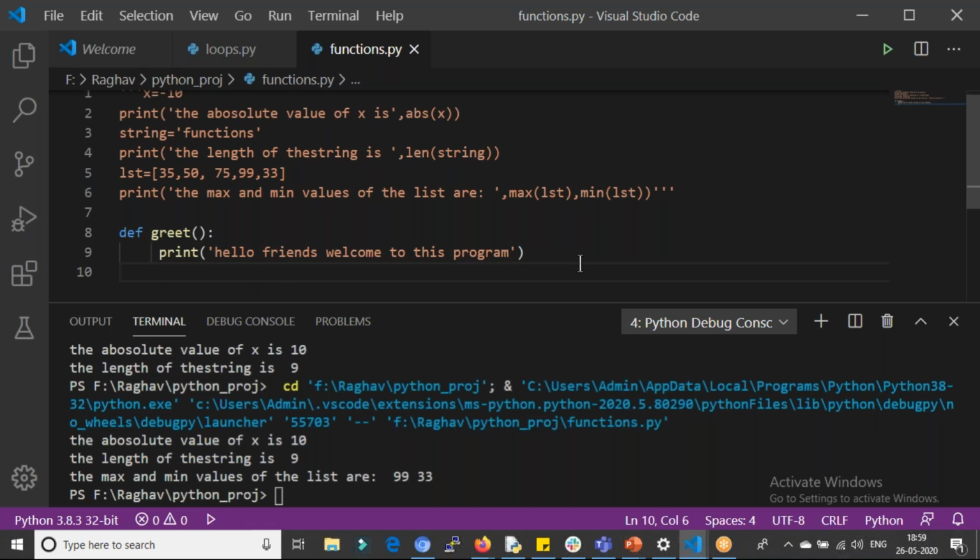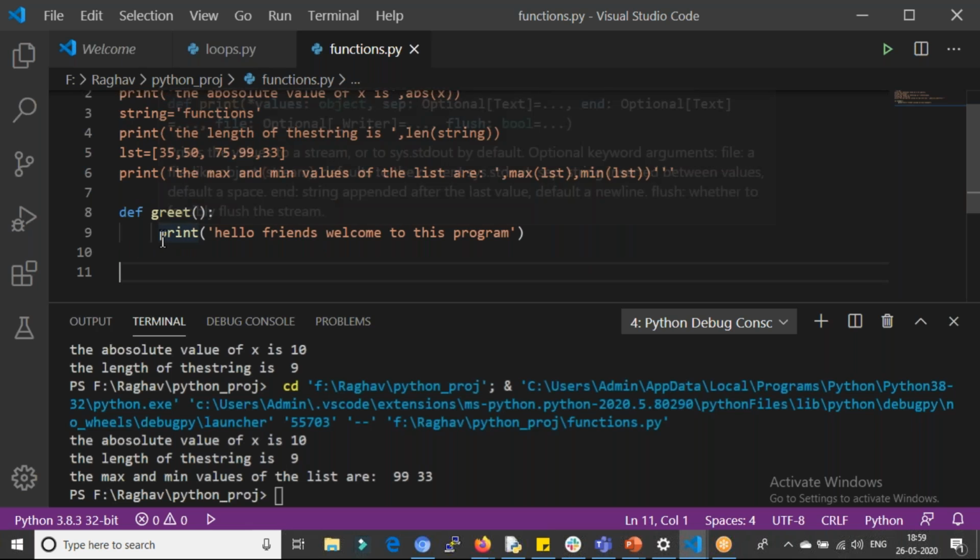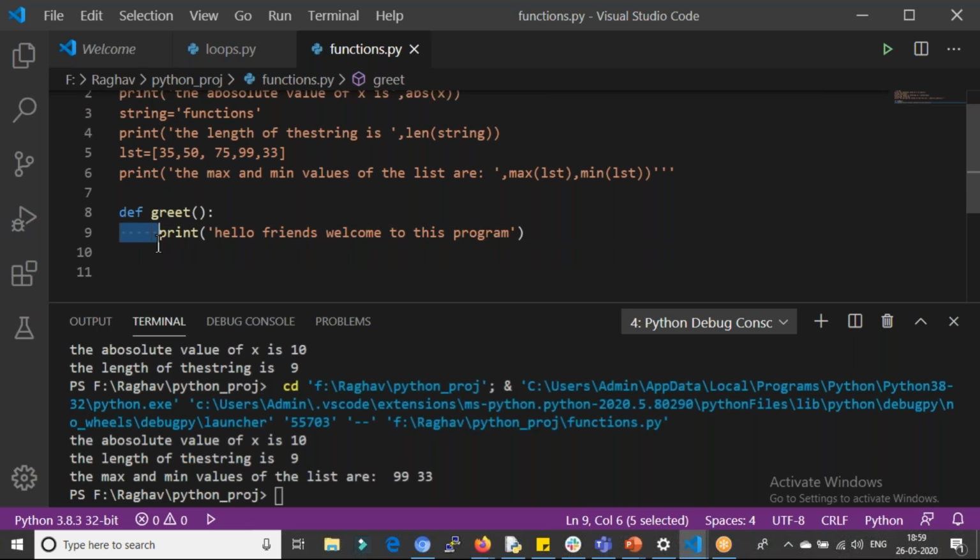Okay, so this is how you define a function. The defining of the function is completed over here, right? So if you can see, I have also placed an indent over here, referring to it as a block.